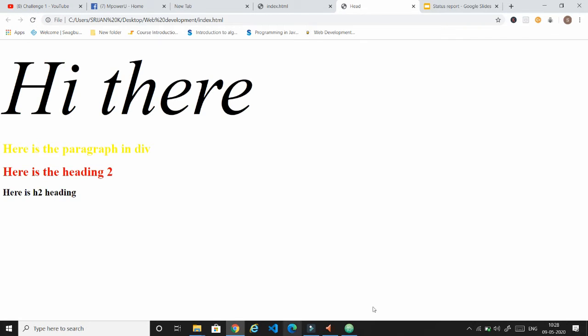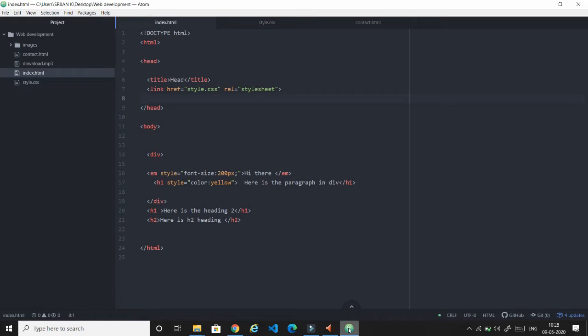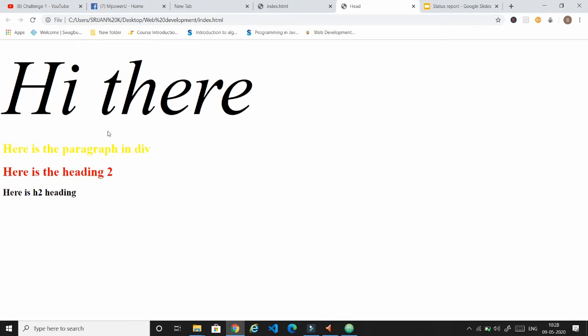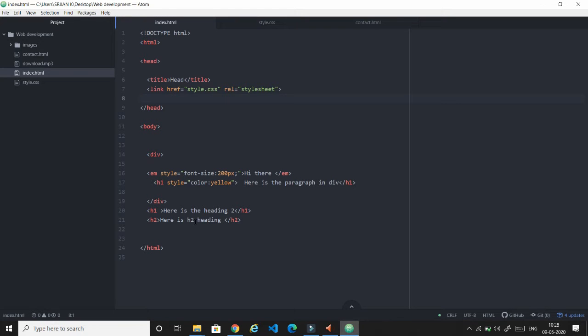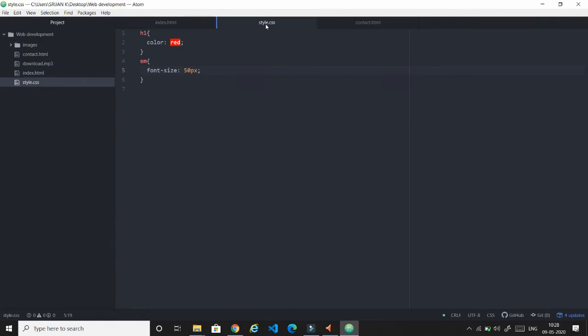The H1 with style color yellow, and the paragraph in the div are showing in yellow, but the H1 which doesn't have any inline CSS is showing in red. This is because we have linked the external CSS, and in that CSS we have set the color property of the H1 as red.